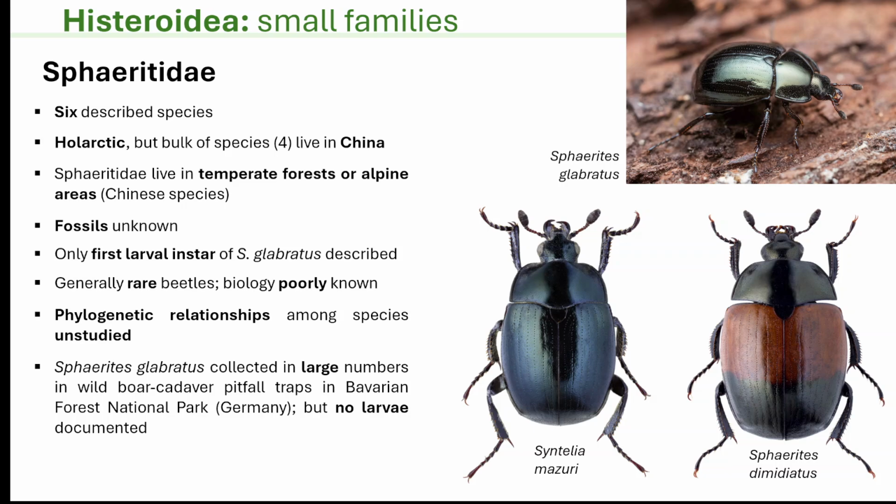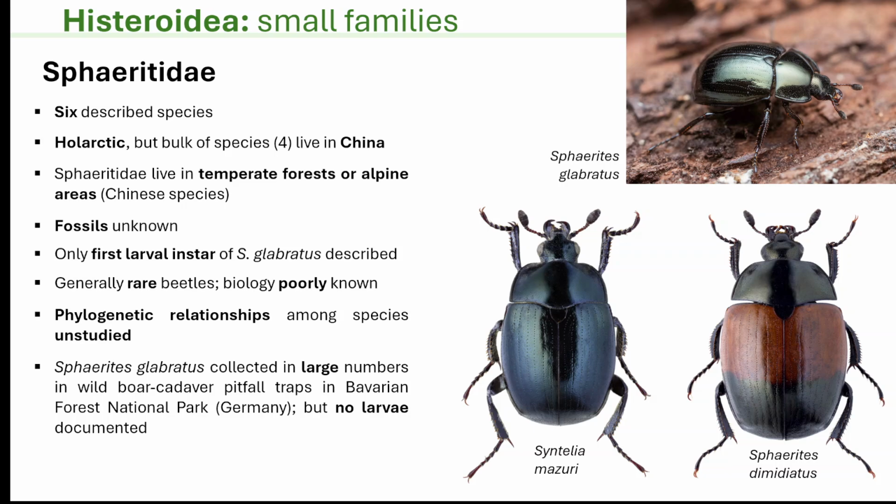There are no fossils. Larval morphology is very poorly known. There's only the first instar larva of Sphaerites glabratus described by Nikitsky, but the description is quite poor and would need much more study. In general, these are rare beetles which are poorly known and rarely collected. Thomas collected many Sphaerites glabratus in boar cadaver pitfall traps in Bavarian Forest Park in his recent fieldwork, but no larvae were found. So this is probably not the normal habitat for development of this species. So lots of research needs to be done about